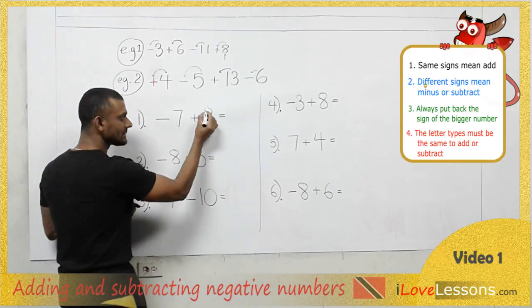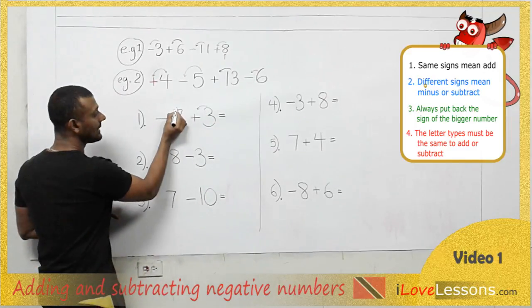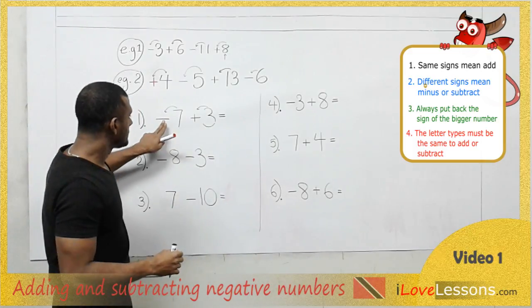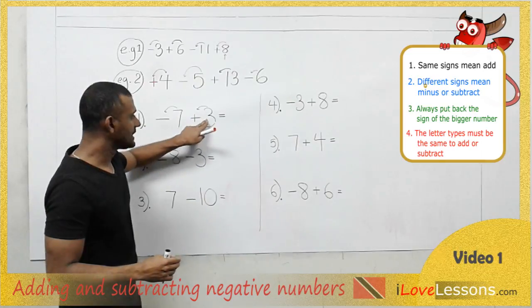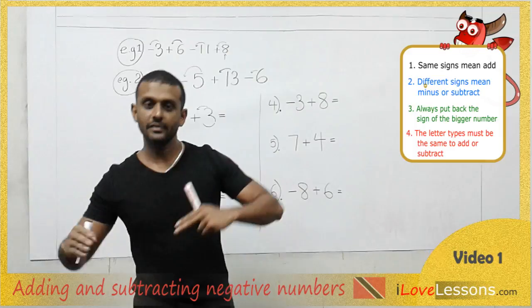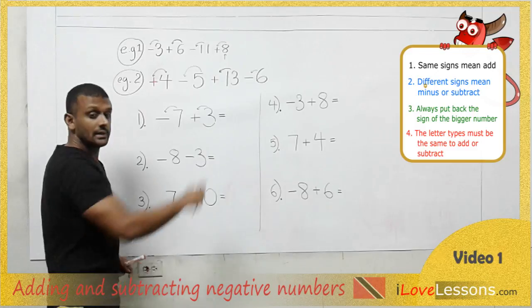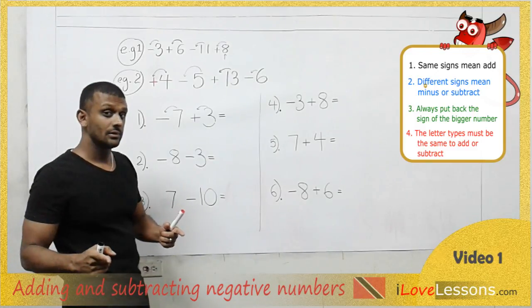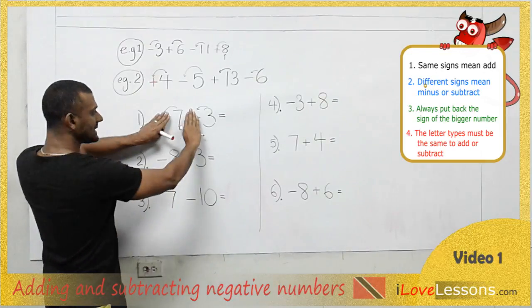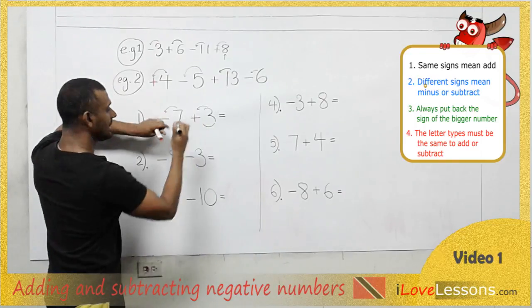Now let's look at the signs. When we look to the left of the 3, we see a positive sign. When we look to the left of the 7, we see what? A negative sign. So the 7 is negative and the 3 is what? Positive. They are clearly different signs. A negative is different from a positive. And according to rule number 2, if the signs are different, we do what? We minus. So let's minus. Forget the signs for the time being. If I have 7 and 3 and I minus both of them, I will get